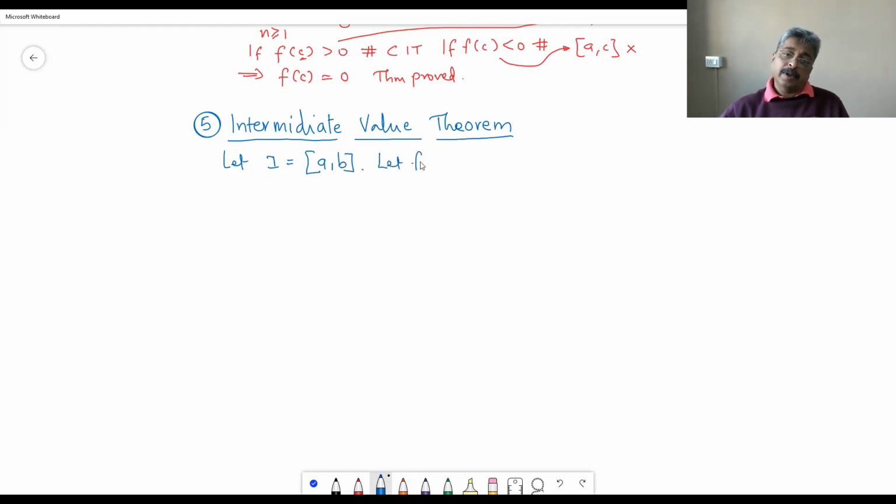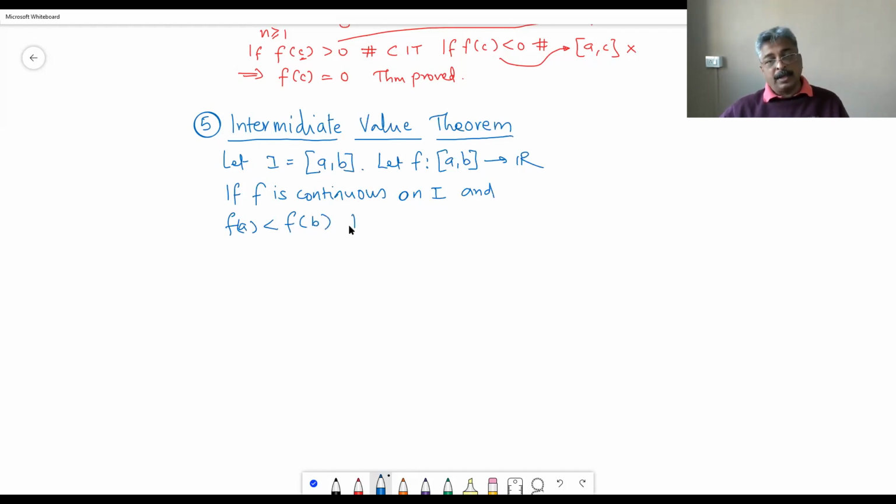Let f be defined from [a, b] to R. If f is continuous on I and f(a) is less than f(b), then